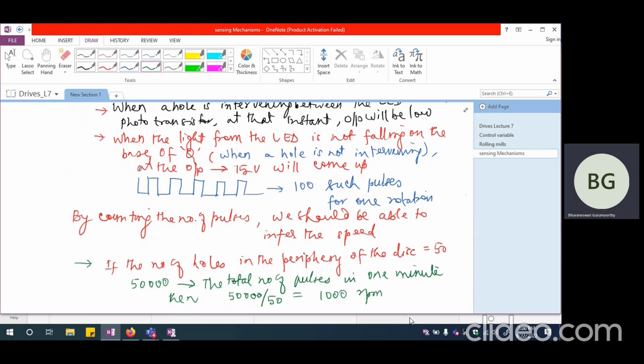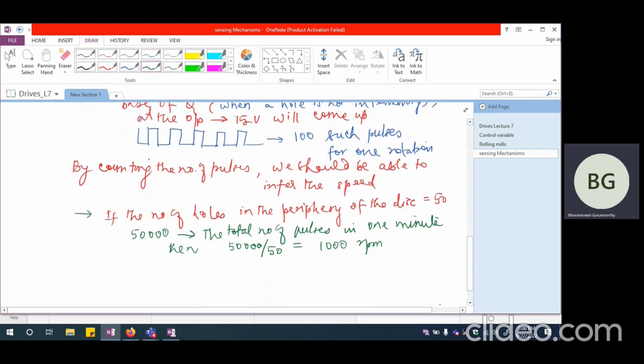So by looking at how many pulses this particular encoder has given out, I should be able to get the total number of pulses by counting it, and from that, infer what the speed is. If the speed is really, really small, then it is going to be very difficult to get a larger count even when I'm counting for a larger time interval. So if the speed is too low,